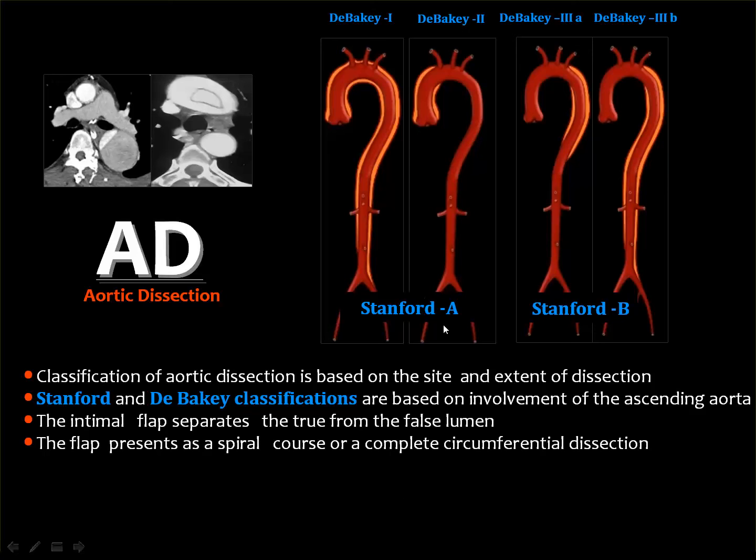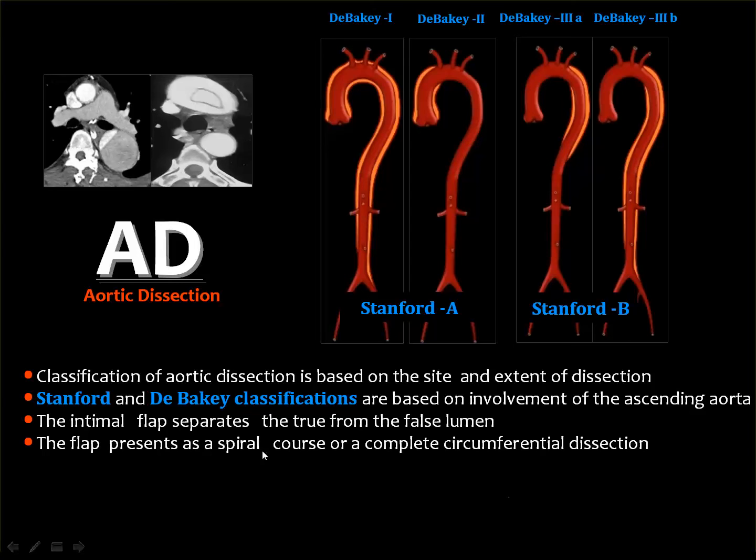The Stanford classification, which is easier than the DeBakey type, indicates that whenever the ascending aorta is involved, either alone or with other parts of the aorta, this is Stanford A. But Stanford B means that any part of the aorta apart from the ascending aorta